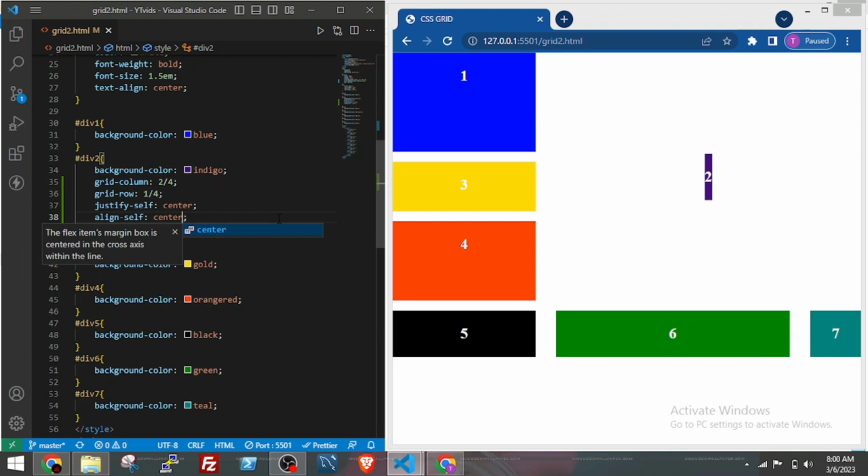Now to align all the items vertically or horizontally at the same time, instead of individually positioning each item, we can apply the justify-items property to the container, not the cell items, the container, to align horizontally. And to align vertically we have to use align-items. Now let me remove these two,